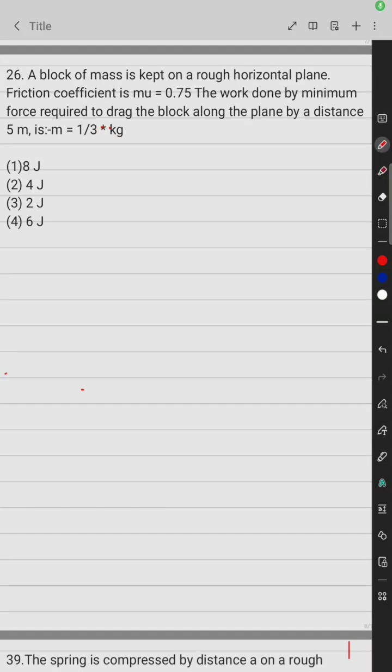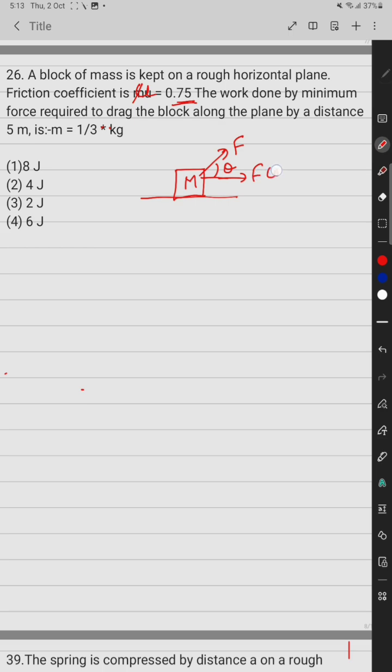Given situation, a block of mass m is placed on the rough horizontal plane. So it means the block of mass capital M is placed on the rough horizontal floor, and the coefficient of friction mu is 0.75. Then find the work done by the minimum force which is required. Then we know the minimum force requirement, suppose at the angle theta, then the F